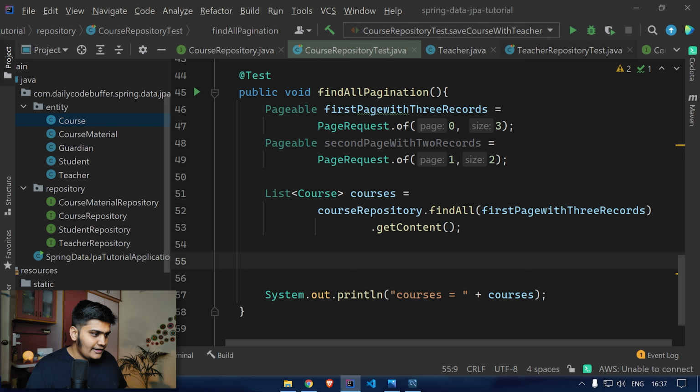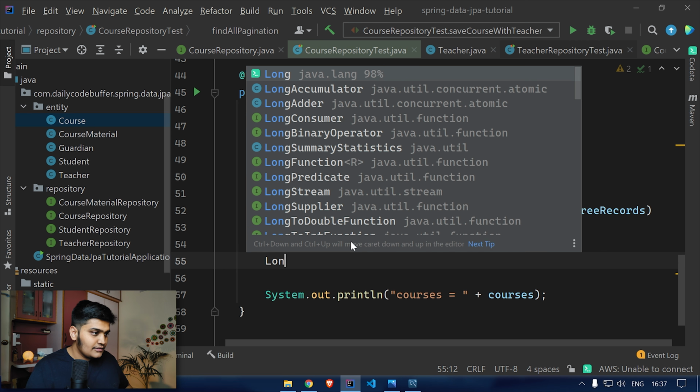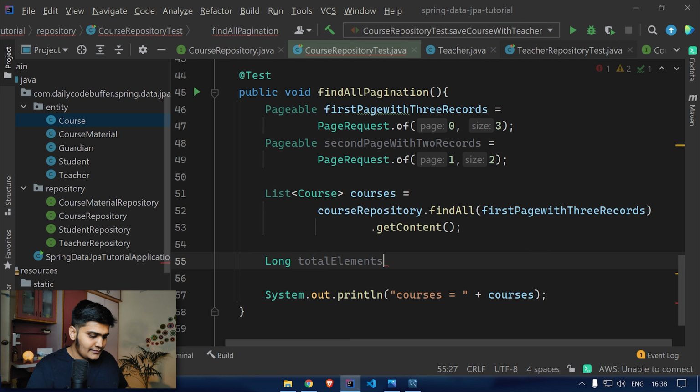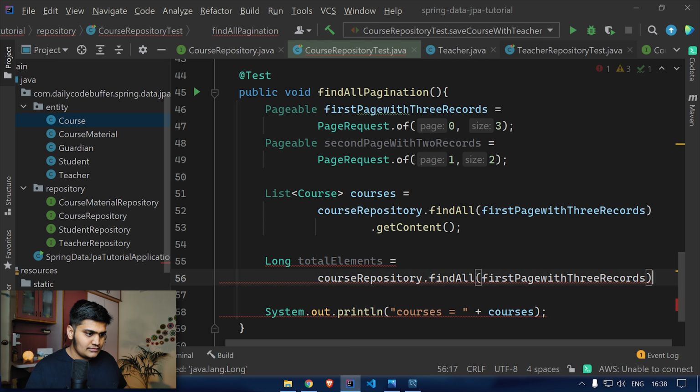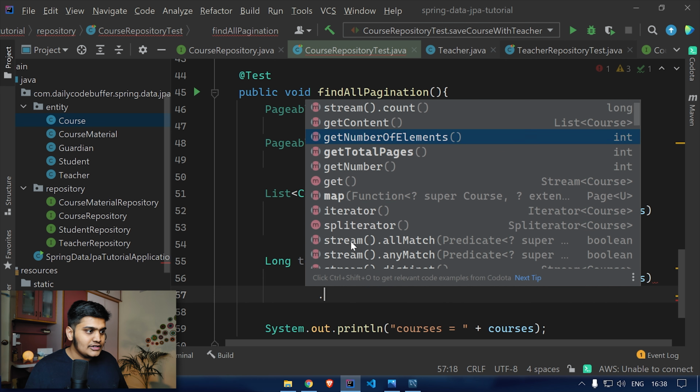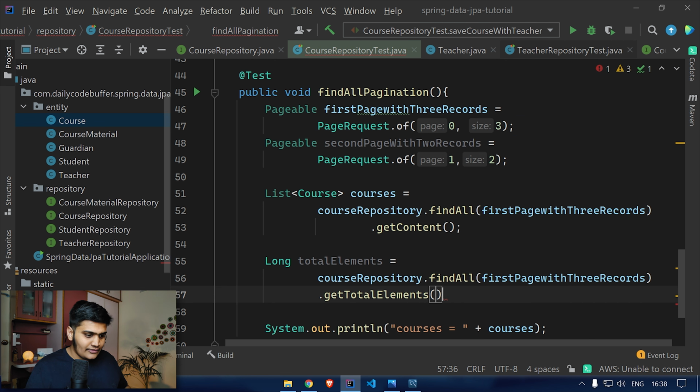What I'll do, I can define long total elements equals to dot. Here you can see that there are a lot of different methods available. Dot get total elements, you can convert to stream as well. You can get the contents, you can get the number of elements, you can get the total pages. All those things you can do over here. So let me just get the total elements for now,